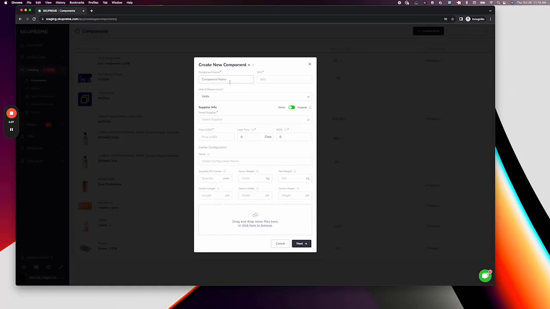So let's just create a new piece. We'll call it necklace piece or something like that. So a component is really like a raw ingredient, a part of an item that's for real, a manufacturing step, basically. As part of a component, it would belong to a supplier so that we can reorder these raw ingredients